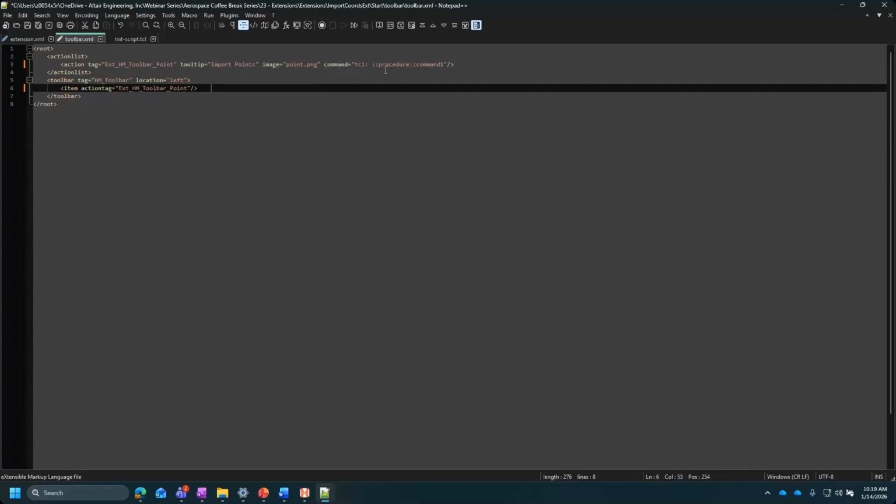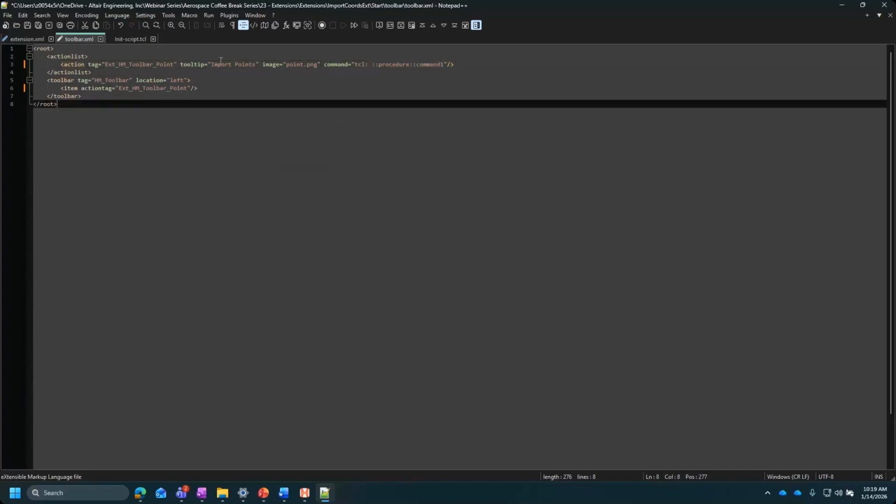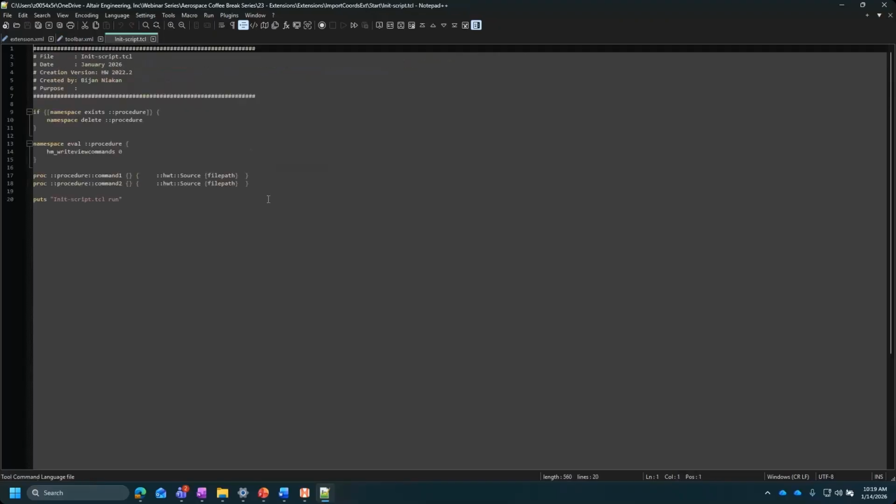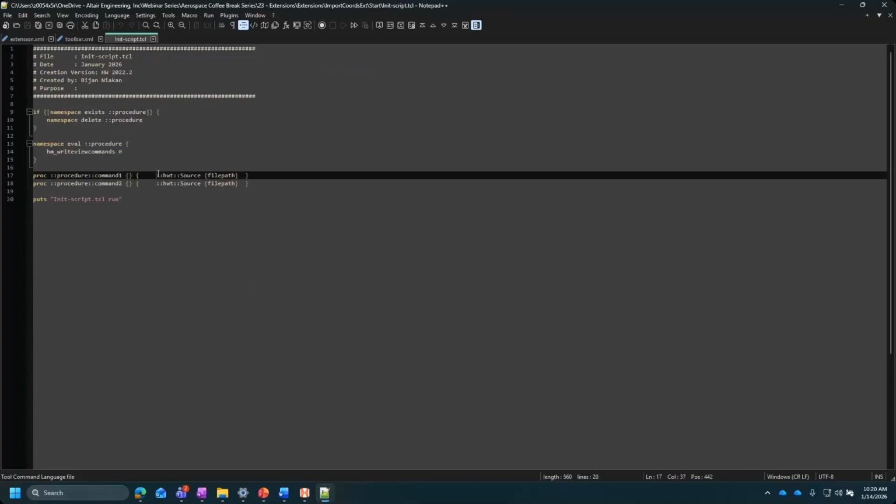Okay, and then for this TCL command procedure, first I'm going to go to the initiation script. So the initiation script is basically what's calling to or running the script operations. If you want, you could just directly input a TCL script or TCL commands into your procedure here in the initiation script. But in this case, since I already have a predefined script that I want to call to, I'm going to call to this file path instead.